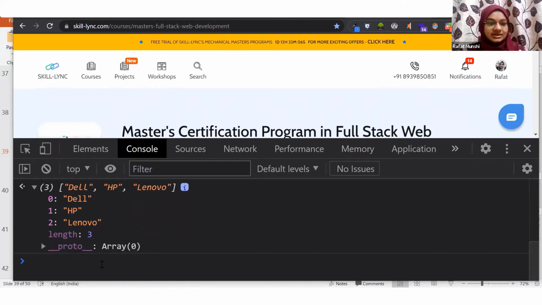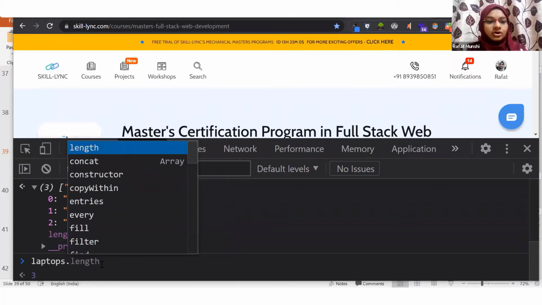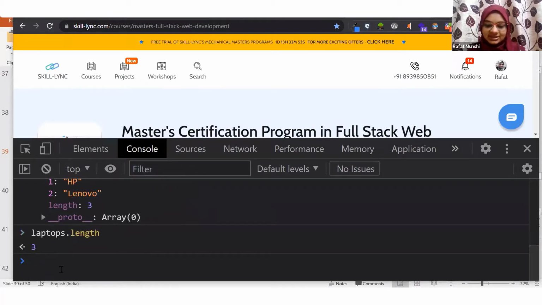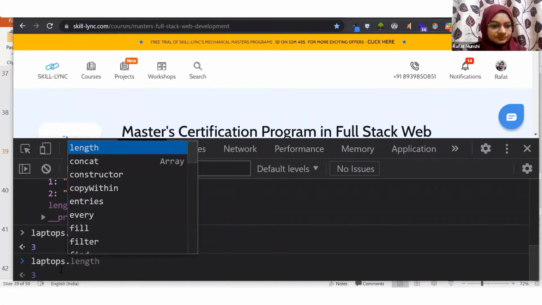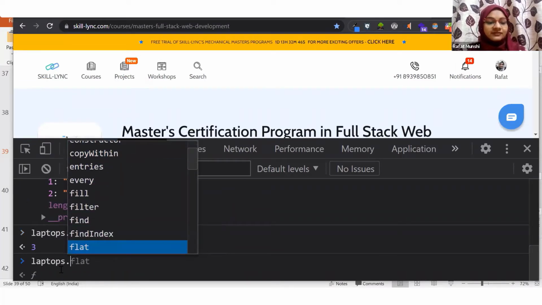Okay. If I want to get the length of this array, I can simply write laptops dot. And now, as soon as I write dot, there are so many options which Google Chrome is itself giving me. You can find a length. So I will try to find a length. What is the length? Length is 3. That's right. If I write laptops dot, and then, it's giving me so many options.